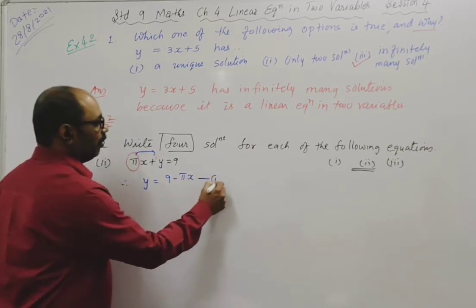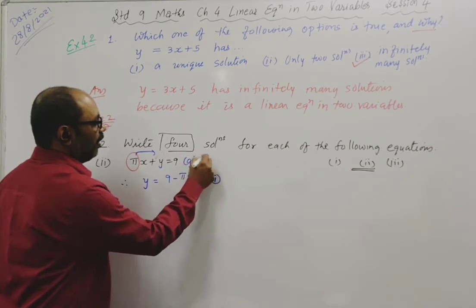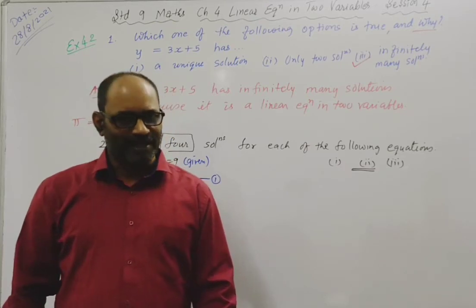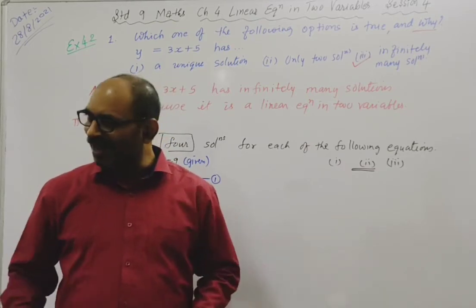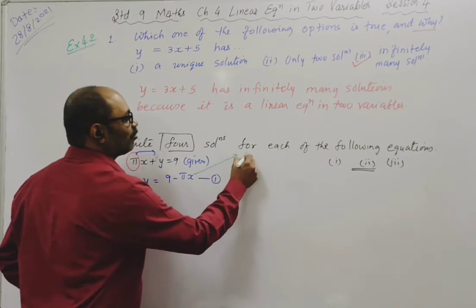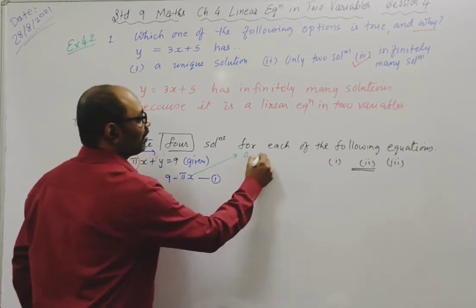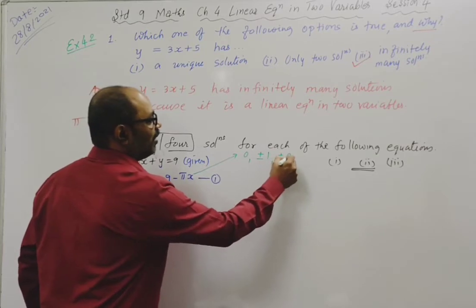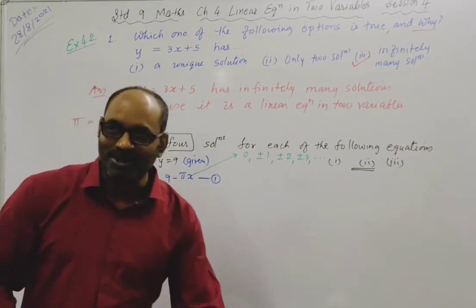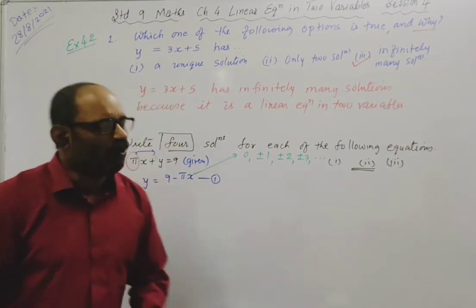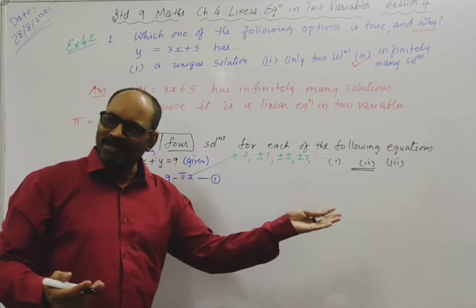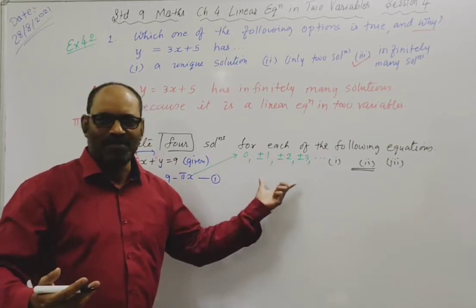All right, and I'm going to call this equation 1, and this is given. Now you can keep the value of pi as pi itself, no problem. And if you want, you can take 22/7, but your work will increase. So what value of x will we choose? 0, plus 1, or minus 1, minus 2, minus 3 and so on. How many solutions are we supposed to find? So we will take 4 values: 0, plus 1, minus 1 and plus 2. Or if you want to take all positives, take them; anything from infinite.